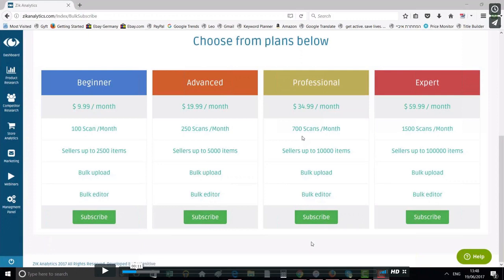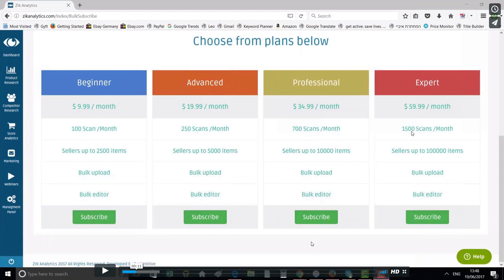And now comes the expert package. The expert package is for the users that have limits of 100,000, 20,000, 10,000, people that want to list 10,000 items in 2 months, 3 months, you know, people that want to list every day 300 to 100 items, 500 items, can use the expert plan. It gives you